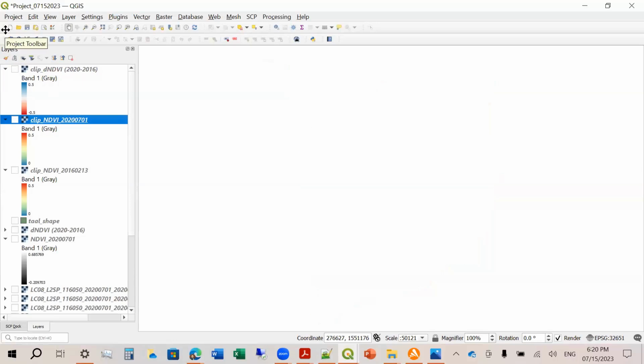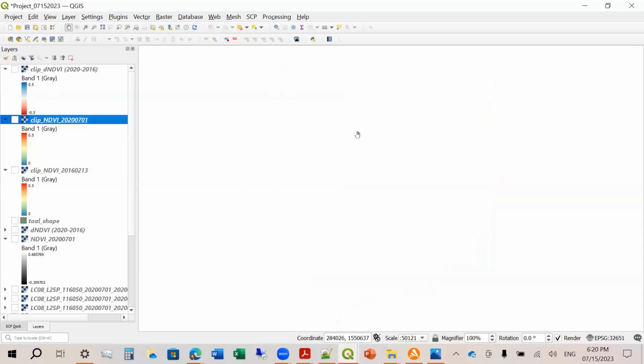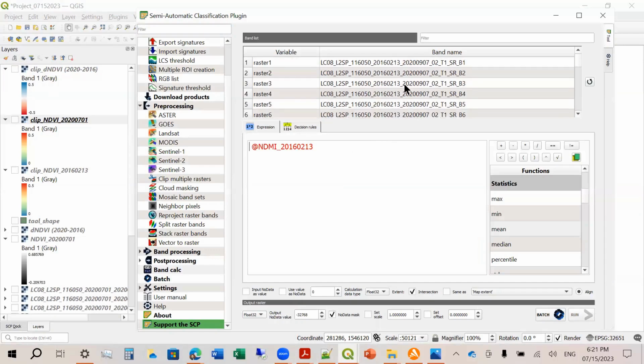Okay, so NDMI. Again, let's go to the band calculator. So here, let's say NDMI for 2016. Okay, so let's calculate now. 2016 NDMI, how do we do that?